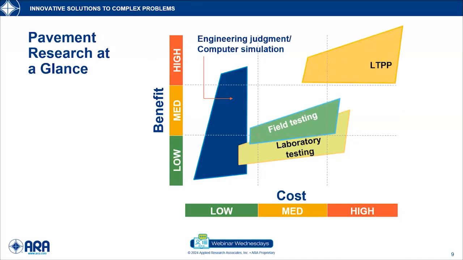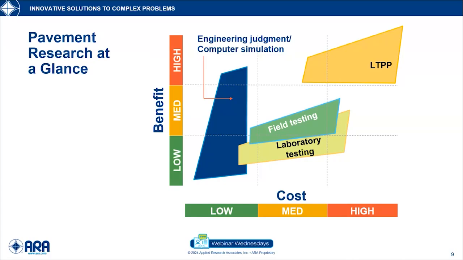One of the most highly used and most valuable types of research or experiments will be the long-term pavement performance. This is a significantly high-cost experiment, but will have significant value because you will be able to capture the interaction between the weather and the traffic for many, many years. So one of the main aspects to consider that we are not seeing in this chart